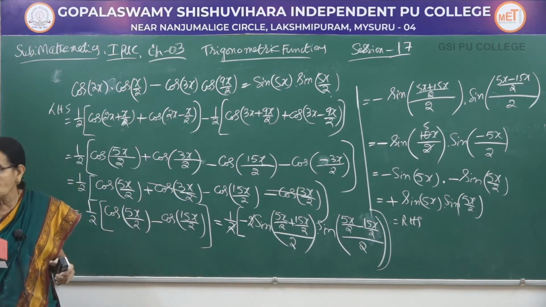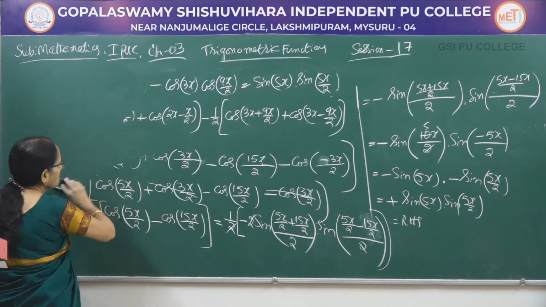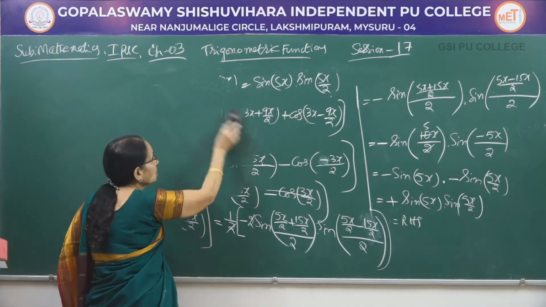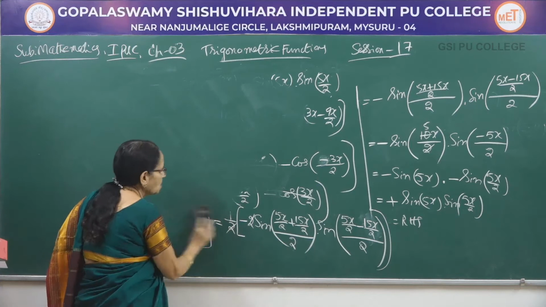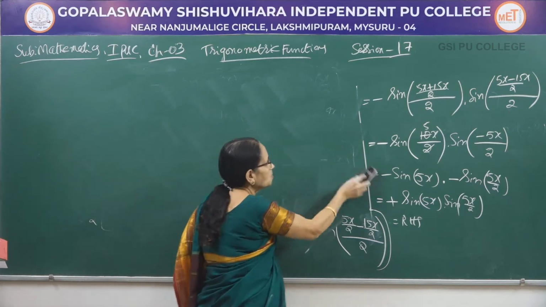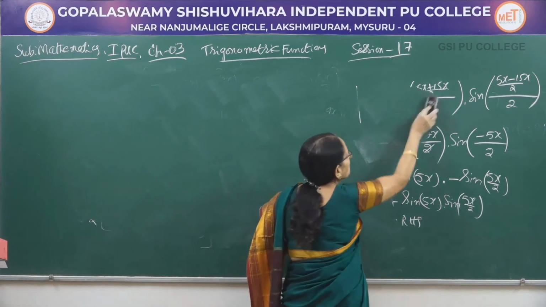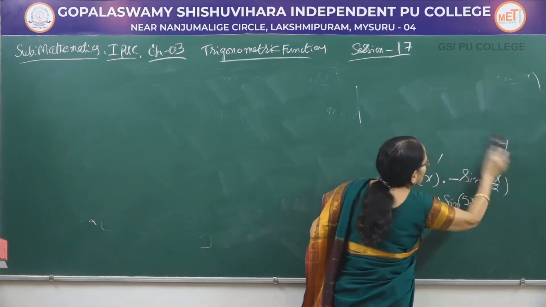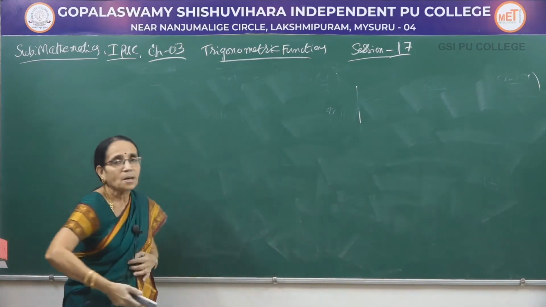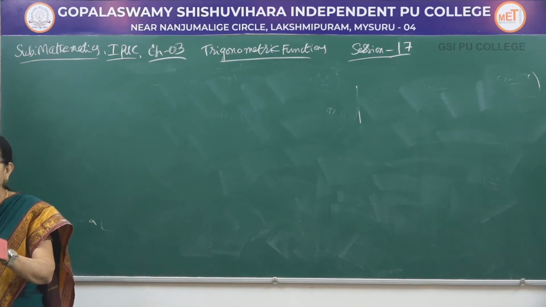These are all problems you can expect for 5 mark questions, because you observe we are having so many steps in solving the problem. First step, we applied one formula for both the terms. Then we did the simplification. After simplifying, we got the terms in which we have to make use of the other type of transformation formula. And then finally simplifying, we get the right hand side. So you have to be familiar with all the formulae, all the 8 formulae, then only you can work out the problems. Now, let me move on to the next problem.